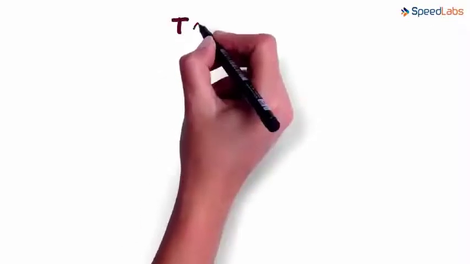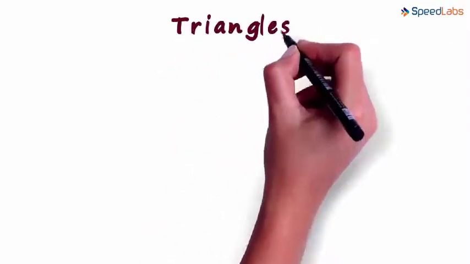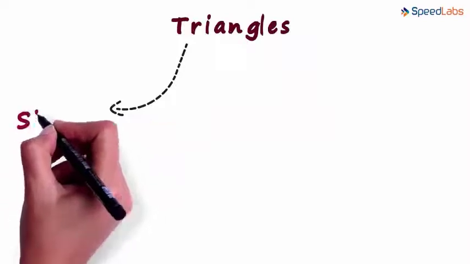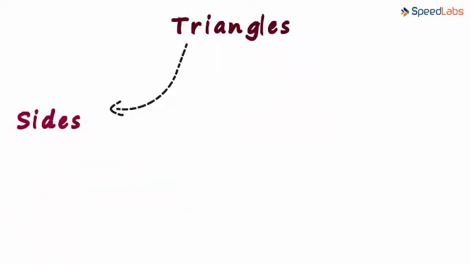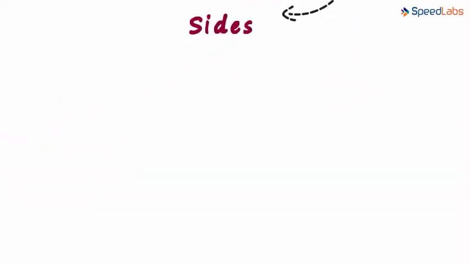How do we classify triangles? One way in which they can be classified is the lengths of their sides. Let's see how. So based on sides, the first kind of triangle is a triangle which has all its sides